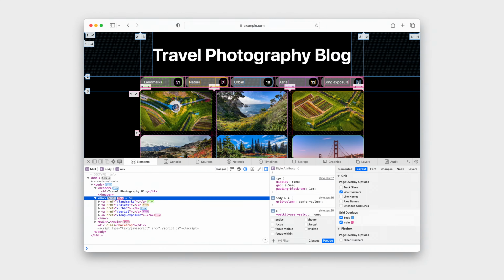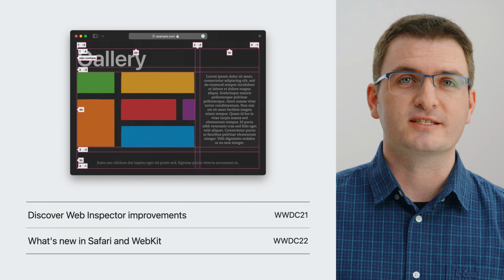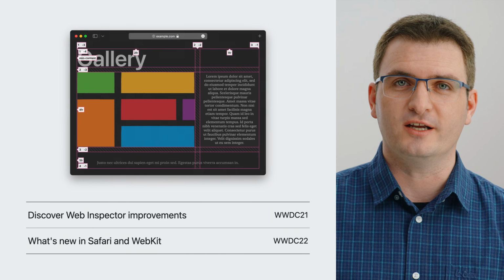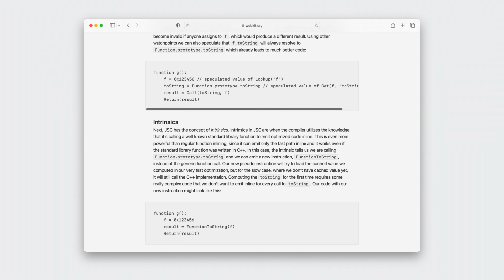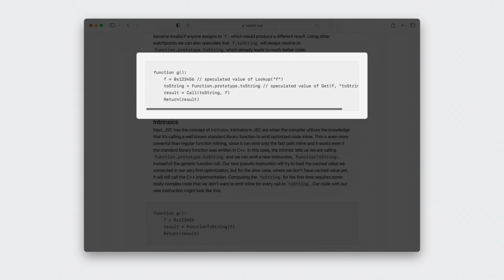The CSS Grid and Flexbox page overlays show guides that reveal the lines, gaps, and the available space which determine the layout. To learn more about how to debug CSS Grid and Flexbox layout with page overlays, watch these sessions from previous years. One of the trickiest CSS layout issues to debug is unwanted scroll. Like a container that scrolls horizontally because the content inside it doesn't fit the available width. This type of issue can lurk undetected for a long time when scroll bars are not visible by default.